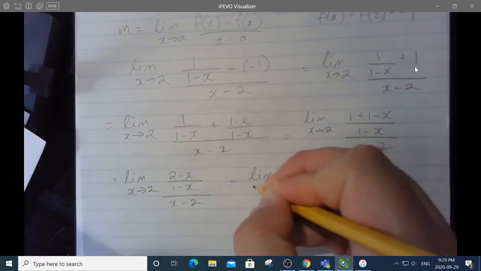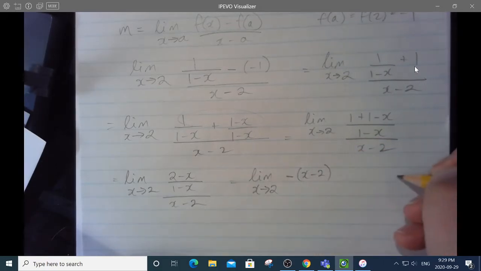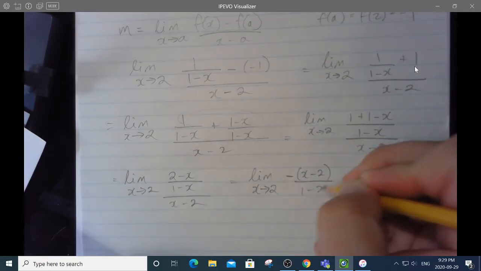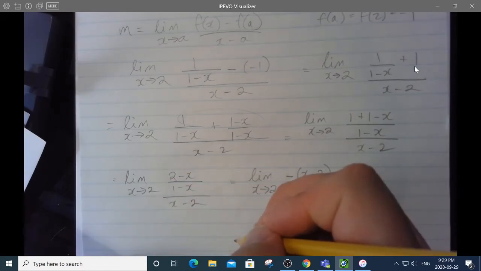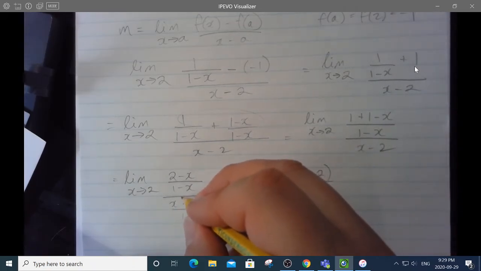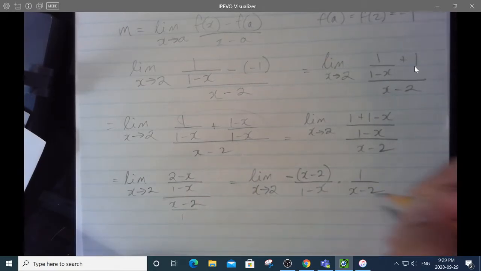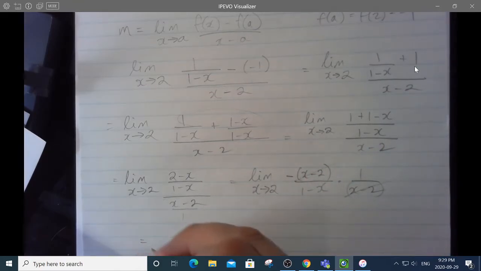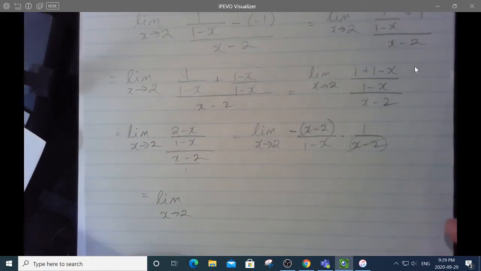So that's the limit as x approaches 2, and if I factor a negative 1 out of there, I get x minus 2 all over 1 minus x. And while I'm at it, remember when you're in fractions and you divide by something, this does have a denominator of 1. So I'm going to multiply by the reciprocal of this fraction. So I'm going to times by 1 over x minus 2, and lo and behold, those two things cancel, and I now get that that's the limit as x approaches 2 of -1 over 1